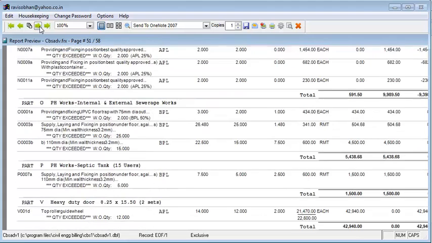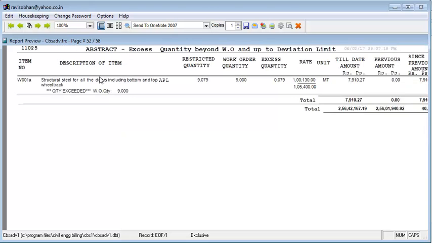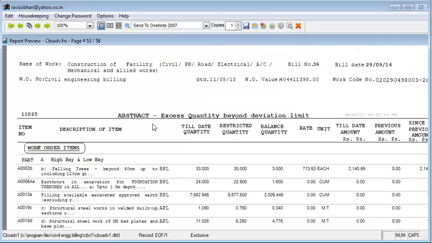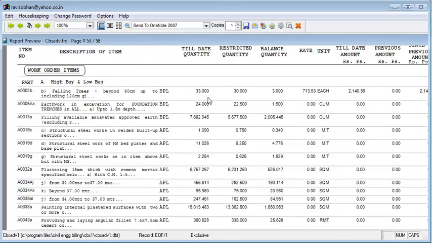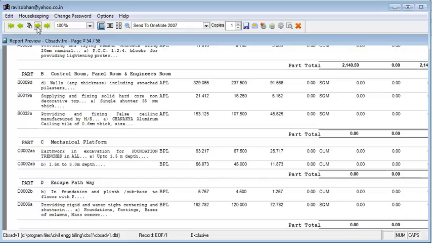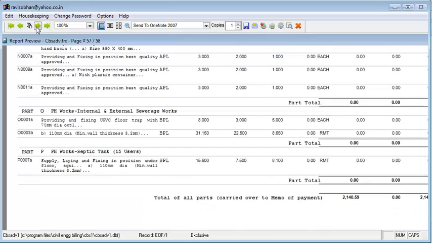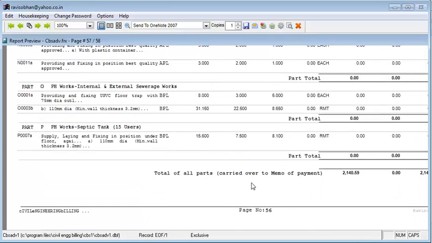Then going to the next subsequent abstract portion, this is the abstract of excess quantity beyond the deviation limit. Wherever the total quantity is this much and the quantity restricted is this much, the balance quantity at market rate, whatever market rate is derived in the RAS extra substitute deviated item statements, will come into the billing. After entering manually in the master, this will be released, and subsequently it will be carried to the summary and from summary to the memo of payment. This is the total of all parts carried out to